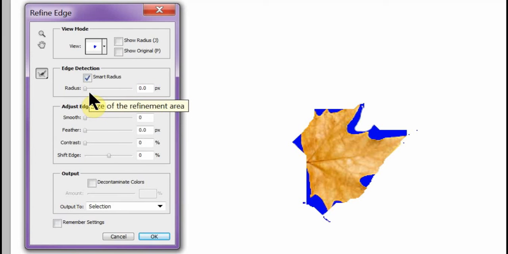The smart radius basically adjusts the area around the selection boundary in which the edge refinement settings are applied. So you check smart radius to automatically adjust the selection for hard and soft areas in the border, to make selections around soft areas softer and selections around hard areas harder. So we check that, and then you can drag this out for pixels,